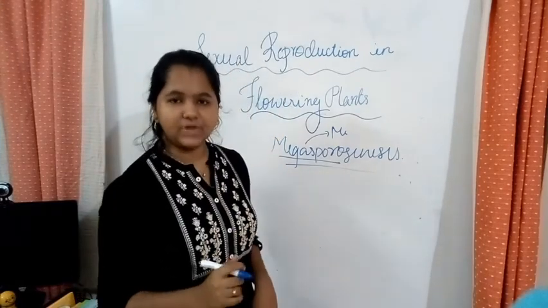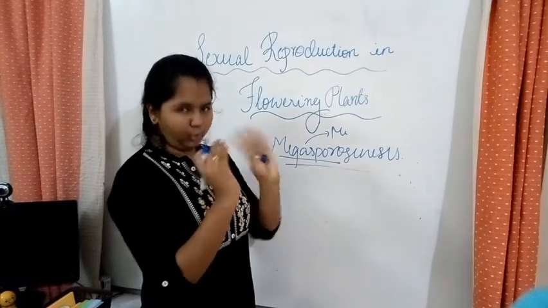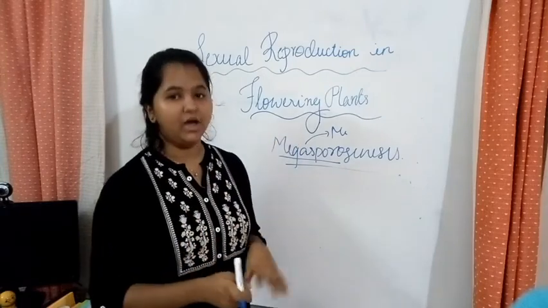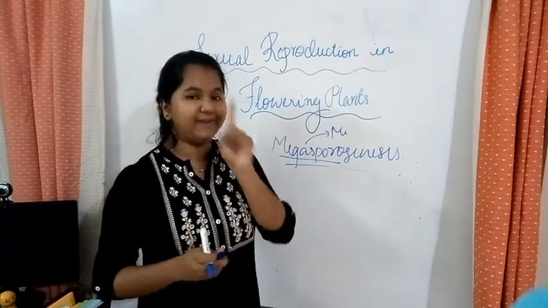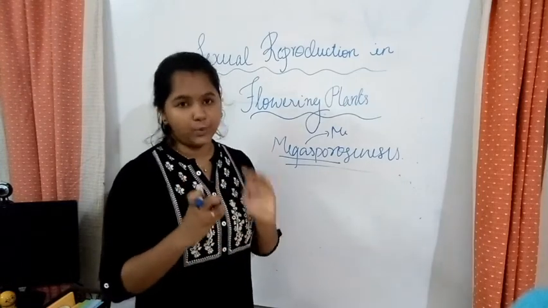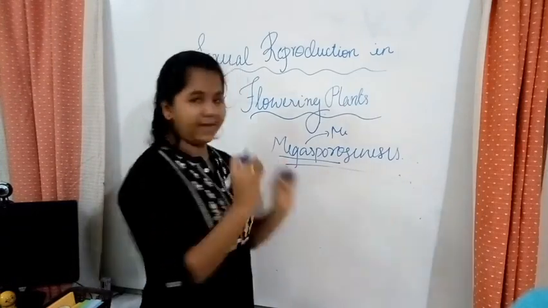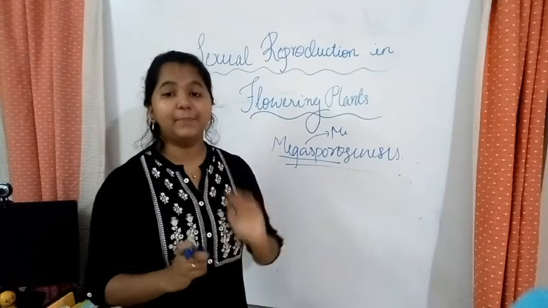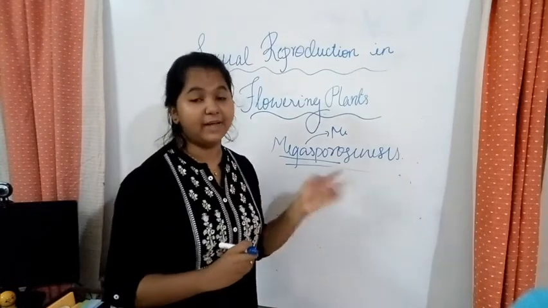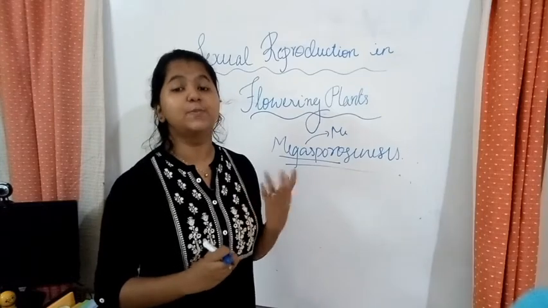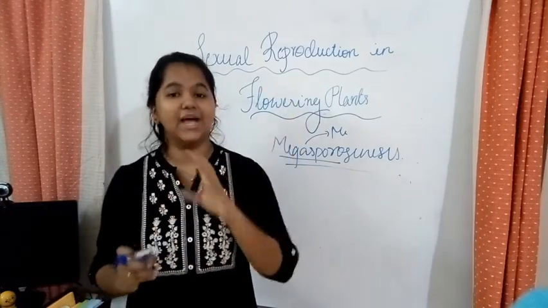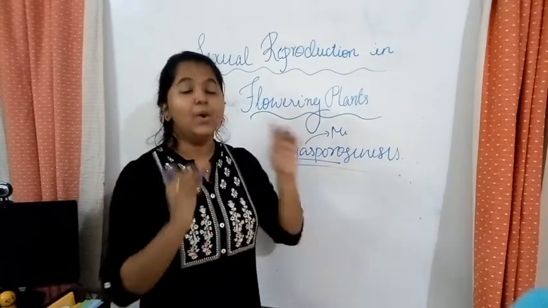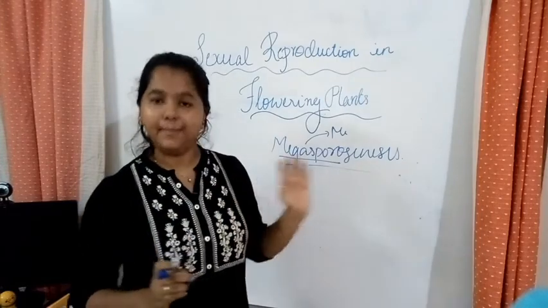When we learned about the structure of the ovule, we learned the chalazal end, the micropylar end, and the nucellus. In the nucellus, there's only one cell that is very close to the micropylar end, and that would be the megaspore mother cell. In microsporogenesis, instead of nucellus, we had sporogenous tissue, and all of its cells acted as microspore mother cells. But in megasporogenesis, only one nucellus cell acts as the megaspore mother cell.